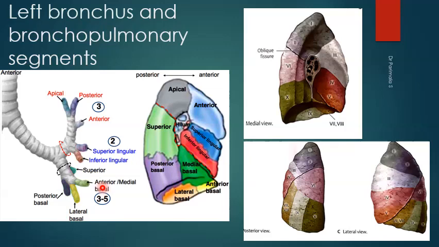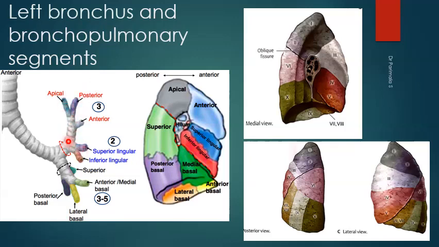So on the left lung also there are 10 bronchopulmonary segments. Now what are they one by one? This is the upper lobar bronchus and this is the lower lobar bronchus. The upper lobar bronchus again divides into an ascending and a descending bronchus. The ascending can give off either 2 or 3 tertiary bronchi. If 2 are given off, one is anterior, the other is apico-posterior. If 3 are given off, then apical and posterior are separately given off.